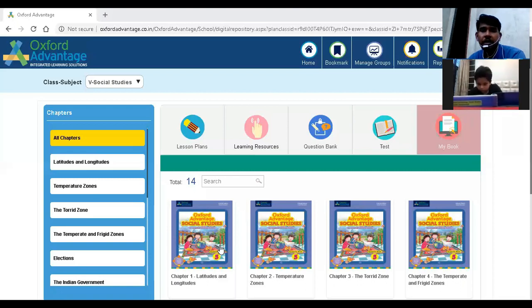So the equator is such a latitude which is dividing the Earth into two halves, the northern hemisphere and the southern hemisphere. All right. Now I'm going to read the third paragraph. You're going to read the fourth.